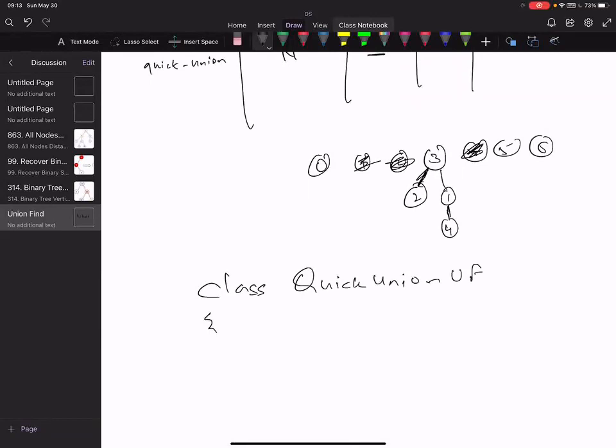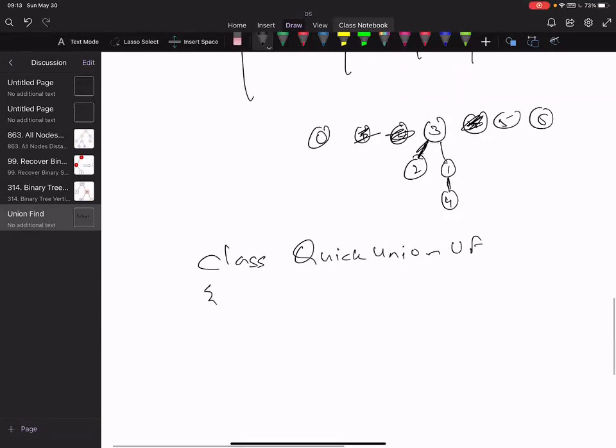Basically, my constructor will be the same, right? There's no change, so I'm not writing it. The only thing we are changing is find and union. So let's implement the union first.